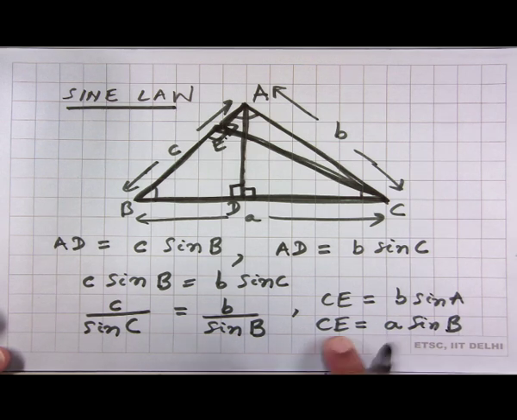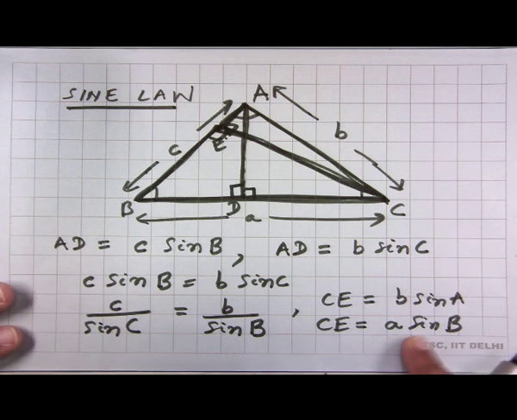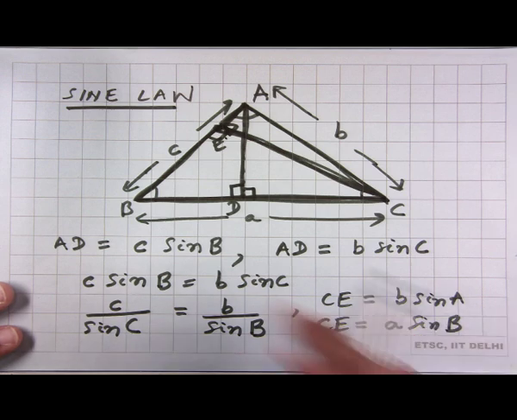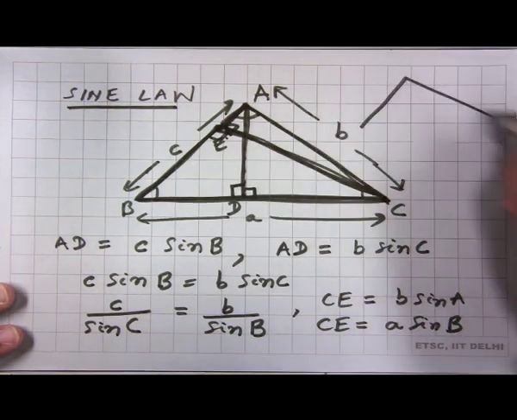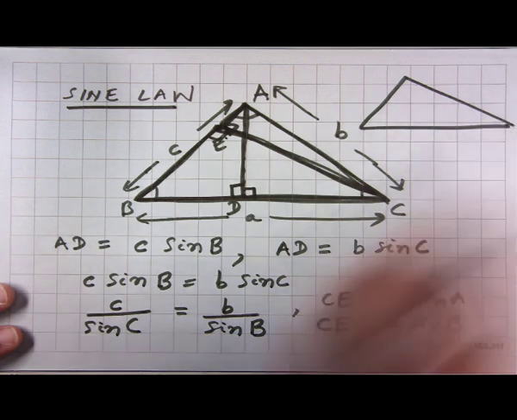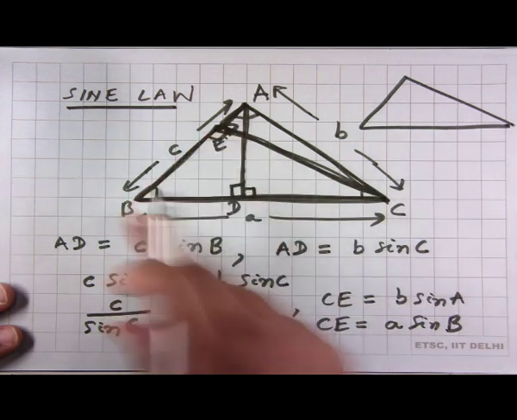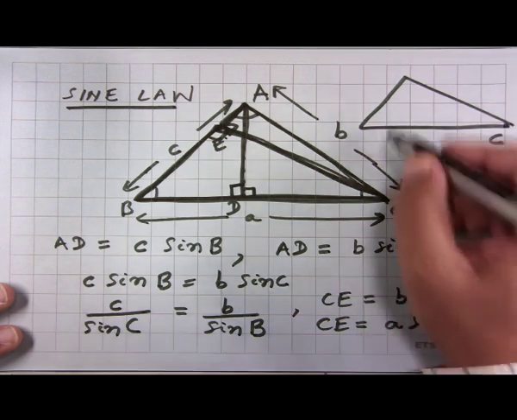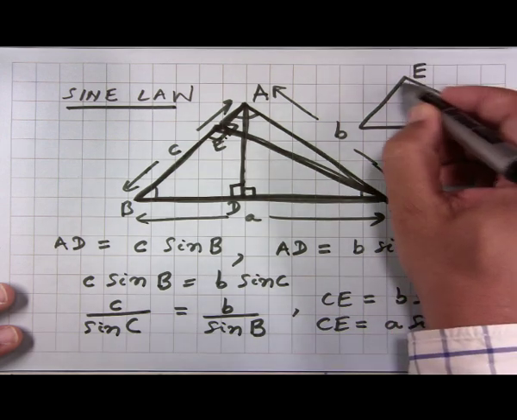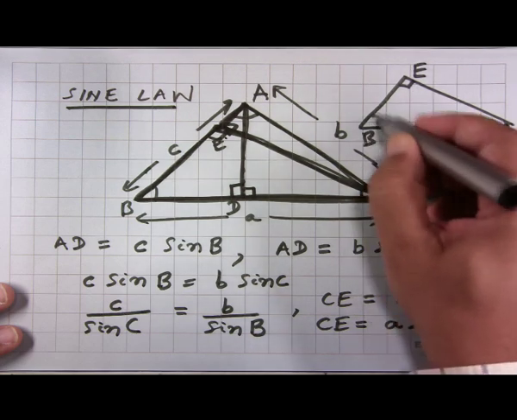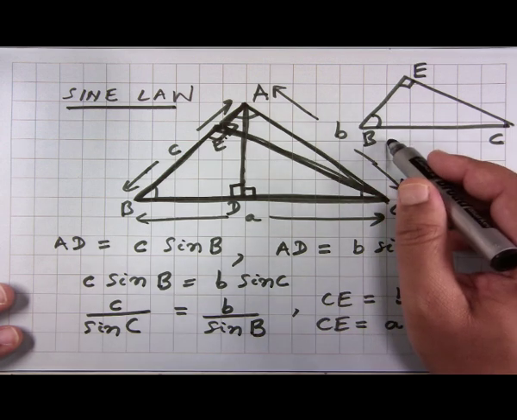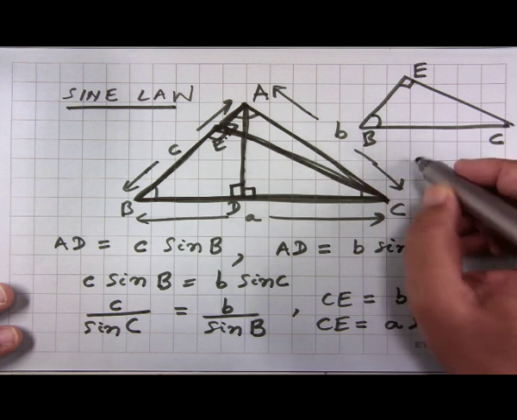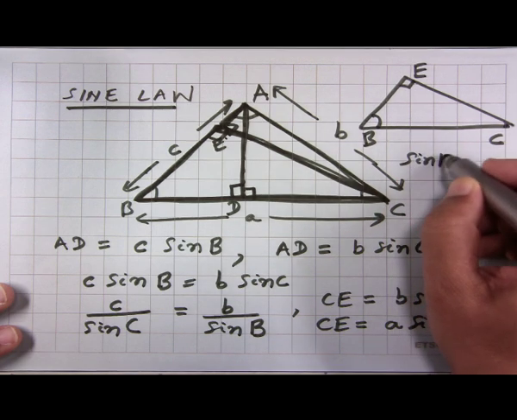So, these things obviously follow from the definition of the sine of an angle in a right angle triangle. For example, I have essentially redrawn this particular right angle triangle CEB here. So, this is our angle B. We know from the definition of the trigonometric ratios that the sine of angle B is